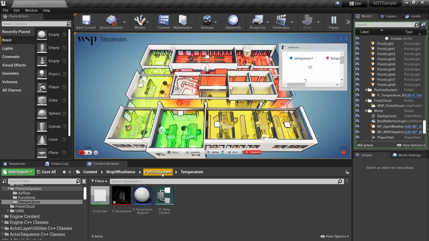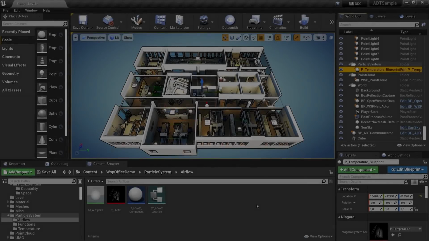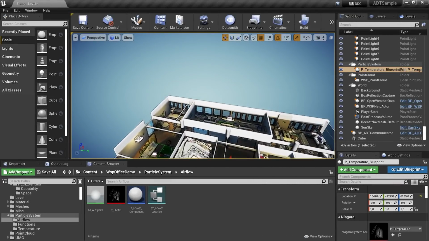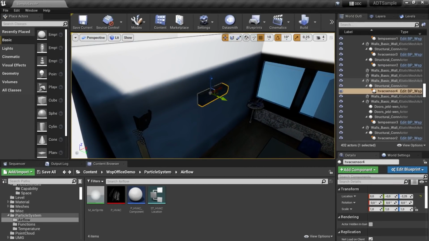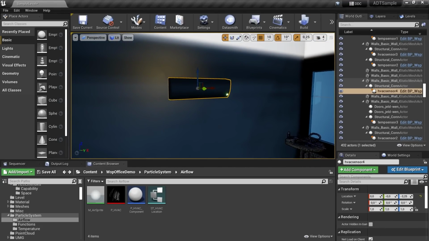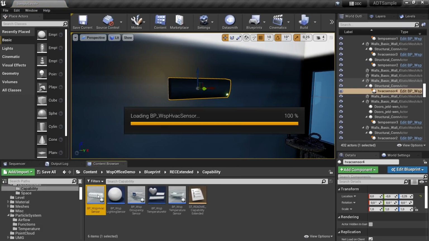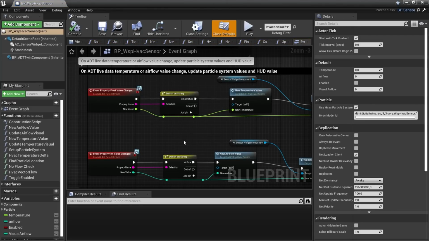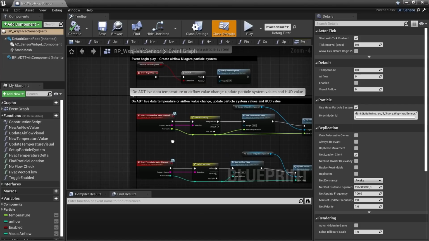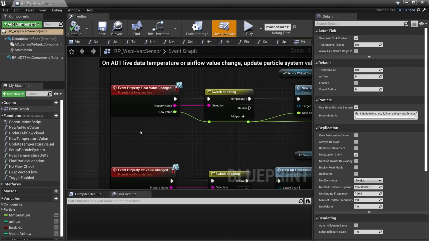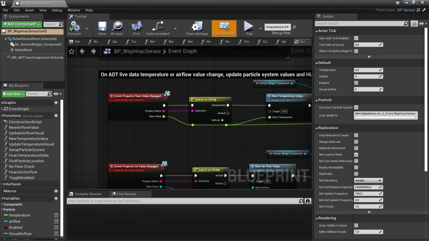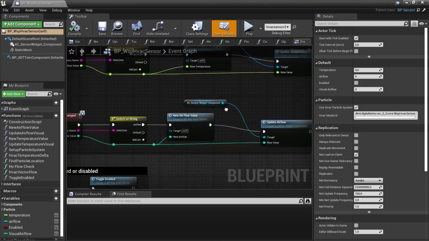So now let's have a look at the HVAC. Actually, if we first have a look at the HVAC blueprints, they first have a mesh on them. And then if we hit Control B and go to the blueprint, we can see what this one looks like. One of these is placed automatically by the editor utility widget at the start, at the locations that were imported from the Revit model. These ones have a bunch of events on them. So when the live data comes up, there's an interface that's triggered here, and it sets the new values and all of that.